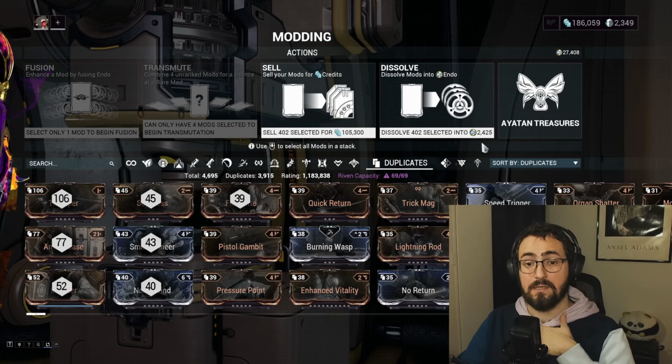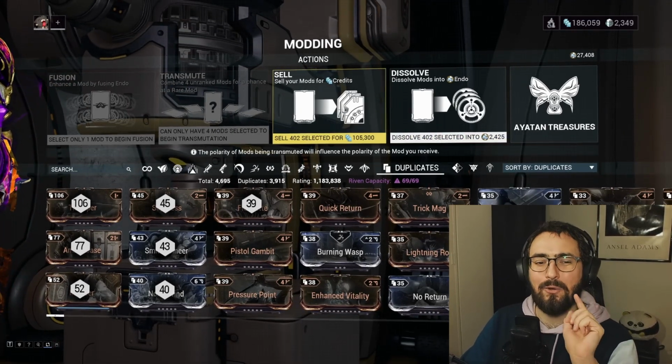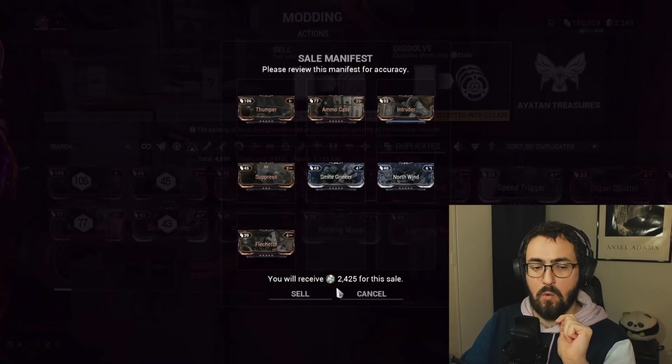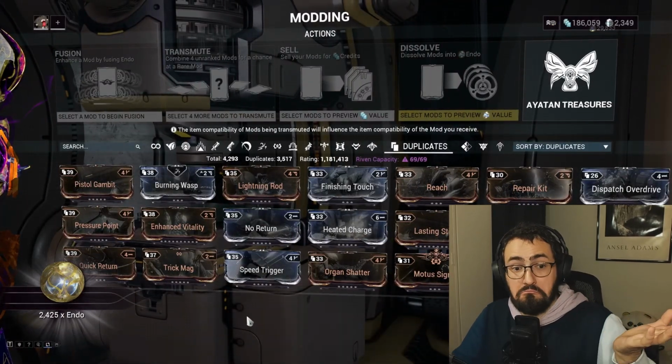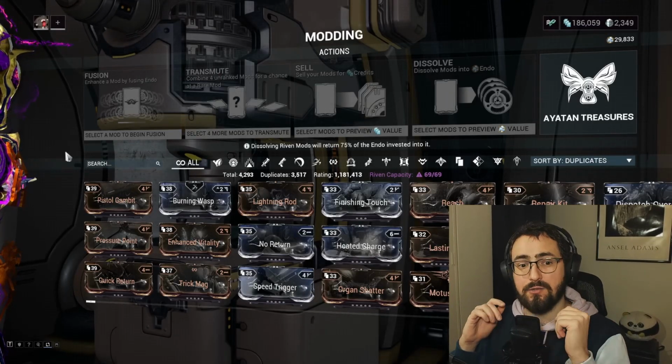Personally, my suggestion is to always sell for Endo. Credits are relatively easy to get. Endo, slightly harder. So we hit that, dissolve for Endo, and we'll get 2,400 Endo for selling those mods. Free Endo. Why not? So another thing that's important for you to know is to sell off your extra blueprints,